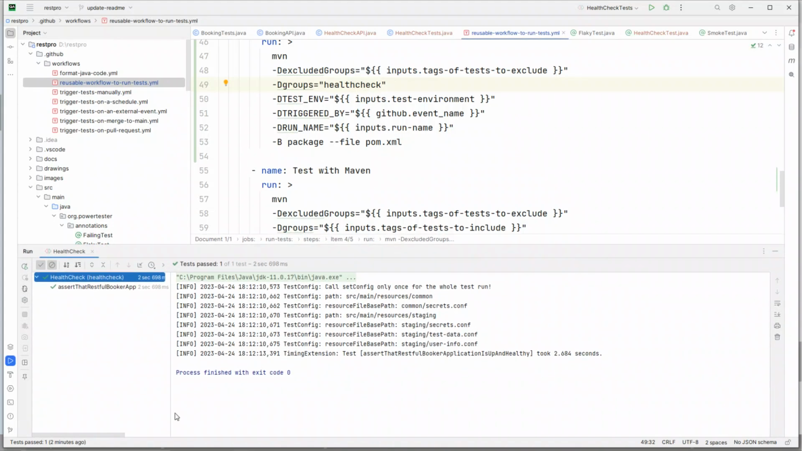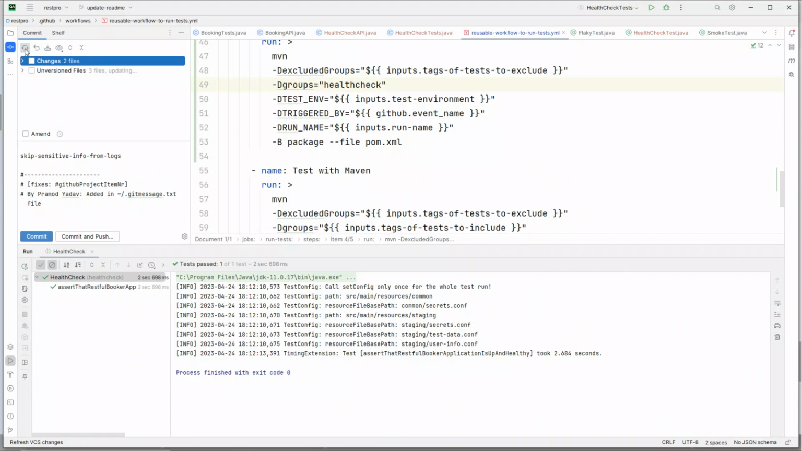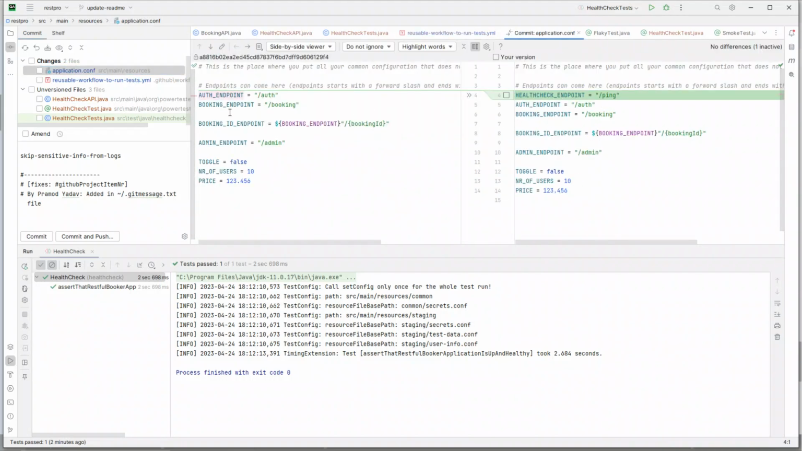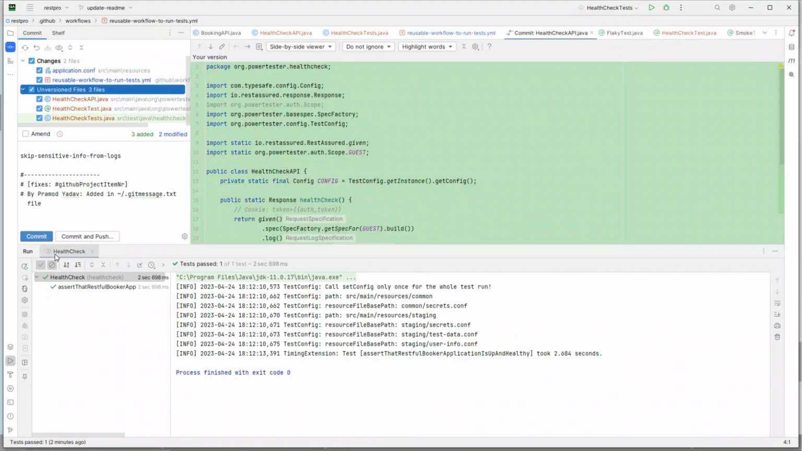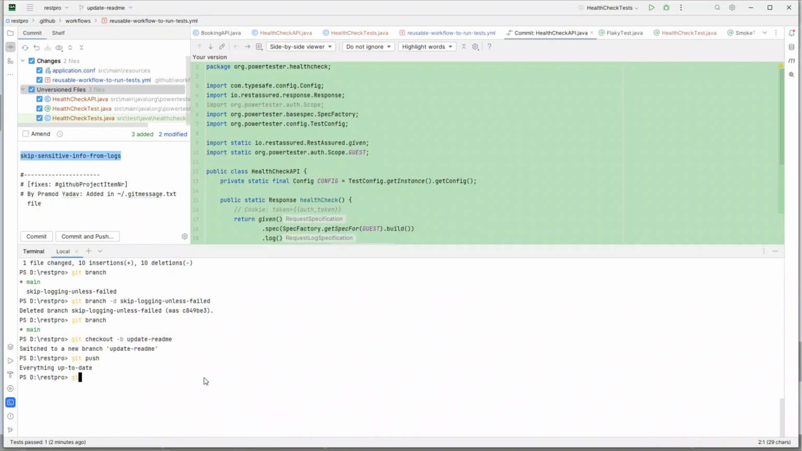And now if I, let's say, push this change, so if I go back, Windows 2, let's go to commits, let's refresh this. So we have health check API, health check annotation called test, and health check test. So application config, health check ping, reusable workflow. Okay, so everything looks okay. So let's first go to a branch. Let's create a branch, git branch, git checkout branch, add health check,